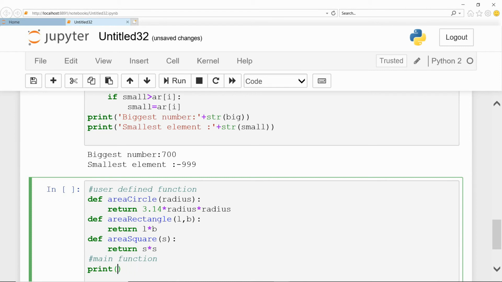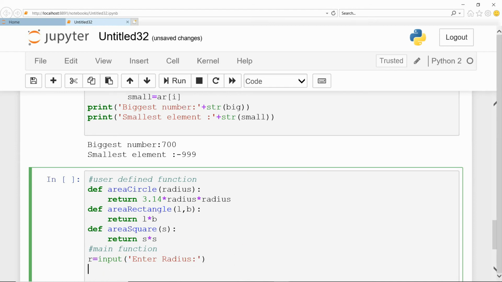Or directly you can give input, r equal to input, enter radius. Now you call the area of circle function and print to display the result.